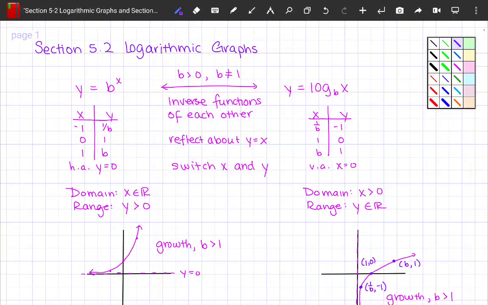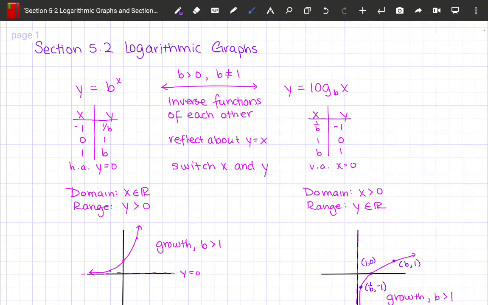We're going to be talking about graphs of logarithms today. We're also going to be talking about properties of logarithms. So let's just look at the graphs first. And initially when we're looking at graphs, I'm going to compare them to exponential graphs. Because remember last class, we did talk about the graphs of exponentials, and we also know that logs are inverses